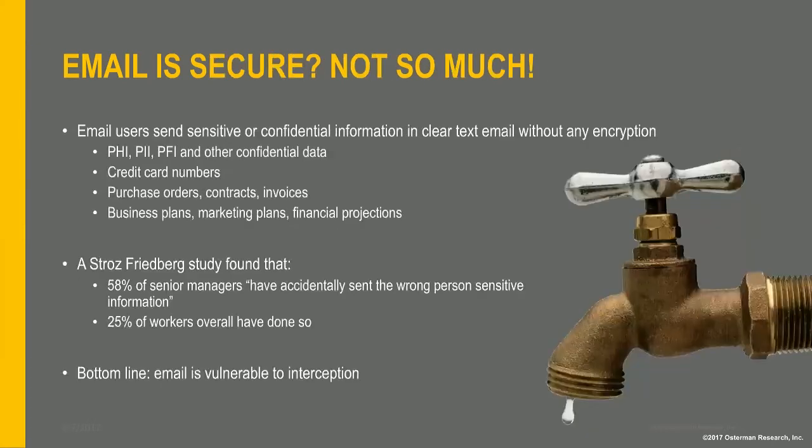And that's mainly because email is really not very secure. Email was never designed to be a very secure platform. And so the fundamental problem is that even in regulated industries to some extent, but pretty much for all of us, users will continue to send sensitive and confidential types of information in clear text without any sort of encryption. And that includes really sensitive stuff like protected health information, personally identifiable information, personal financial information, and really just this wide variety of stuff that is confidential, is sensitive, and absolutely needs to be encrypted, but today very often is